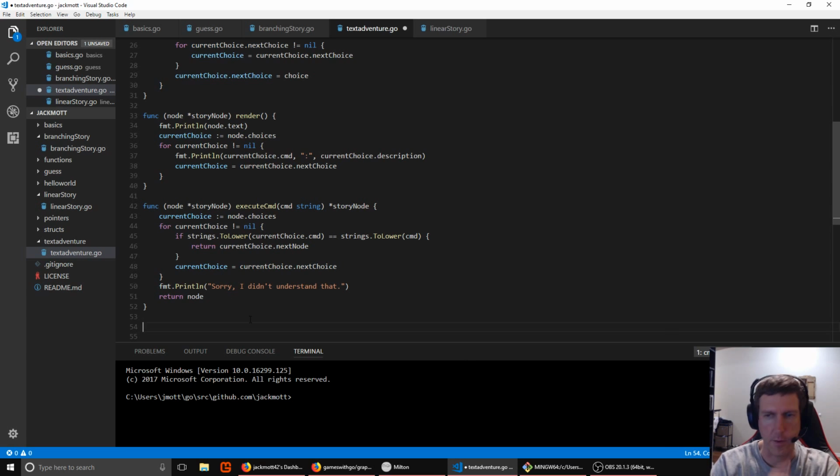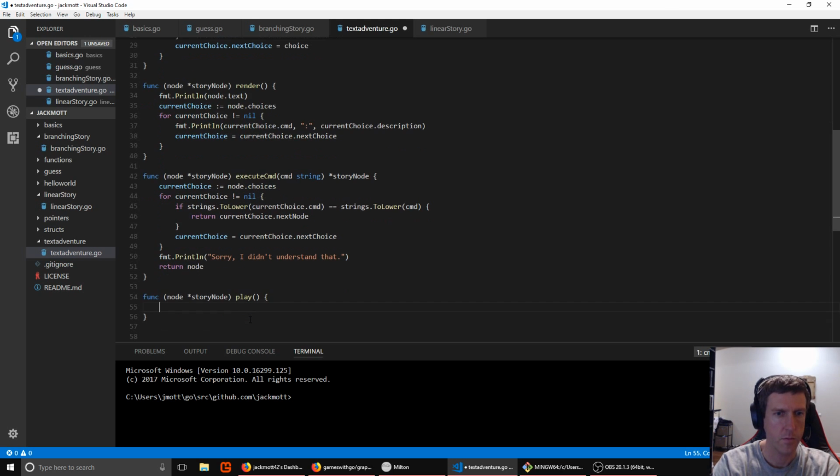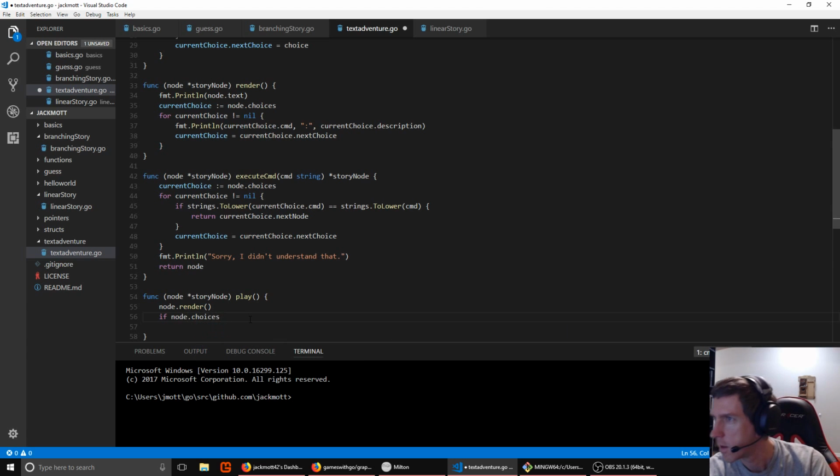All right, and then the last bit we'll need is a function to actually play through the whole story. So again, this will operate on the story node, and we can just call it play. So in order to play, we'll need to render the current node. All right, we've got that function ready for us. If there are any options, or any choices, then we want to